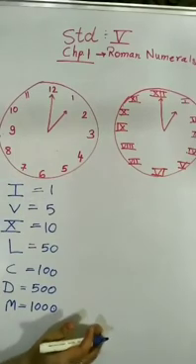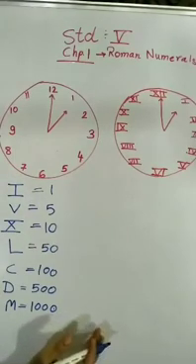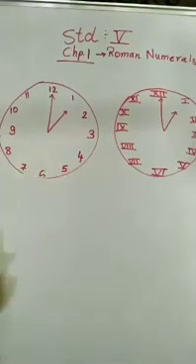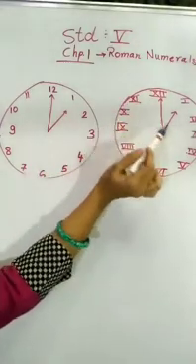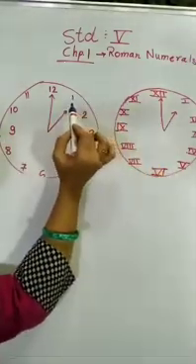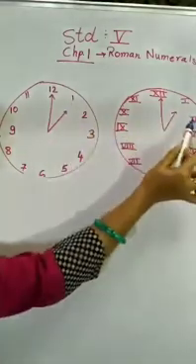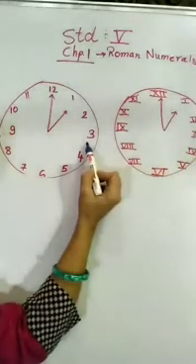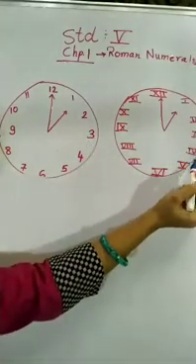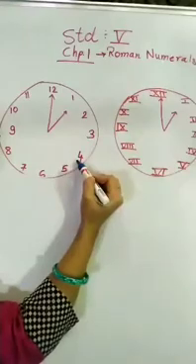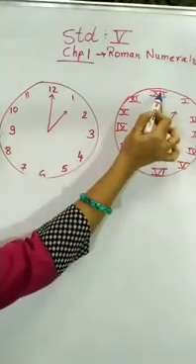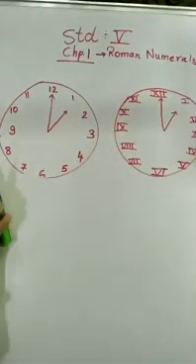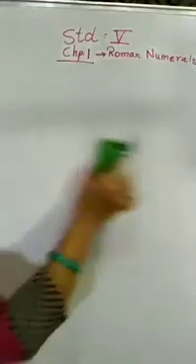Now there are different rules that we are going to study. Is it clear? See the difference here. I represents 1, double I represents 2, triple I is 3. Like that, IV is for 4. And here X and 2 I's is for 12. Now we will move to the different rules for Roman numerals.